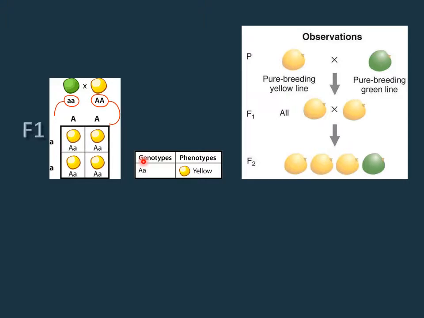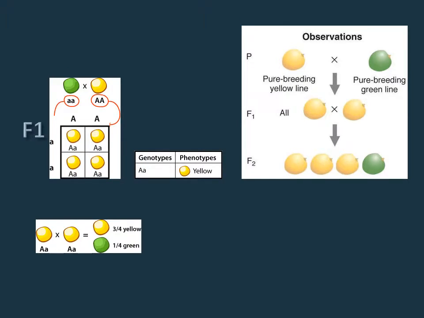Now let's take a look at what happens when we take two of these big A, little a plants and cross them together. So if we take a big A, little a and a big A, little a, he found that he got 3/4 yellow and 1/4 green, and we can find out why with our Punnett square. So if you take your big A, little a from one parent here, a yellow and a green gene, and a yellow and a green gene, and you move these down and these across, then you get, in this box,